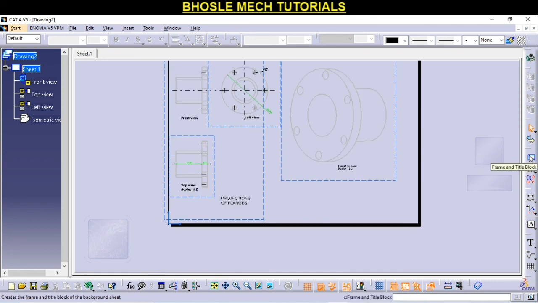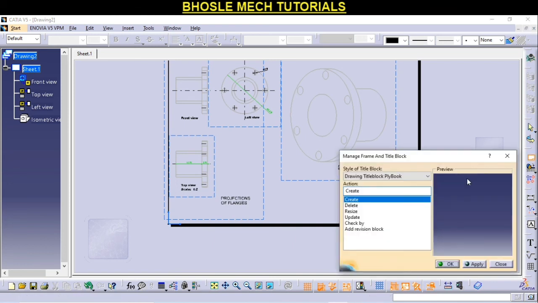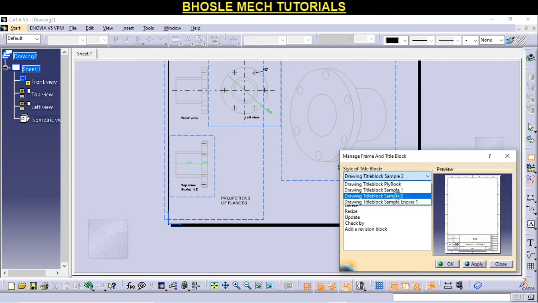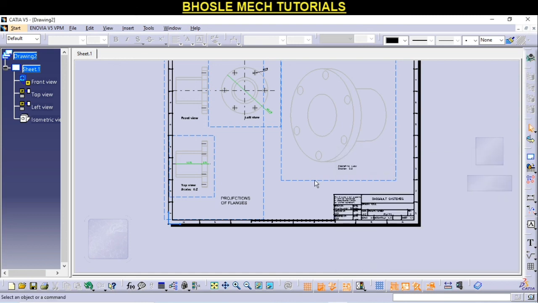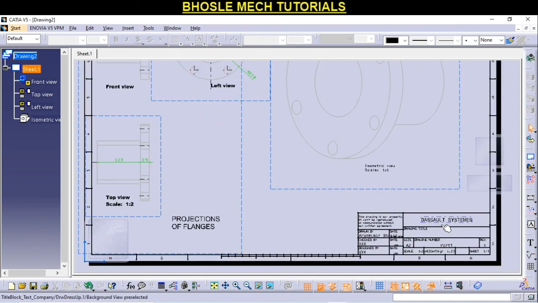Here go for New and select which you want, or this, apply, and create. Okay, see friends, here we got a new sheet background.